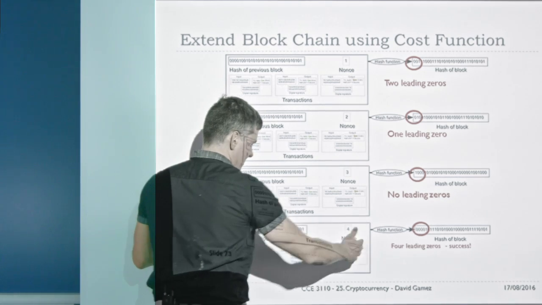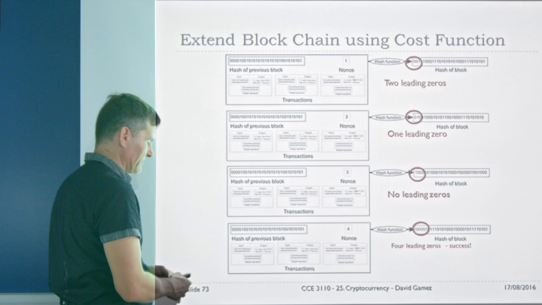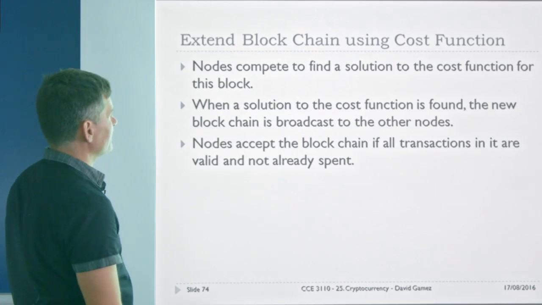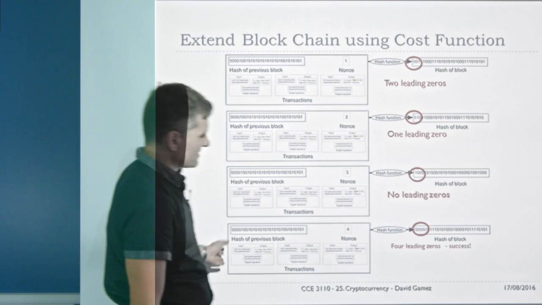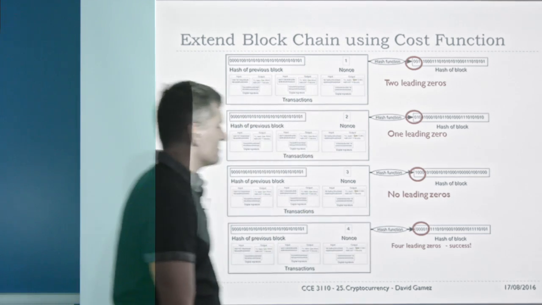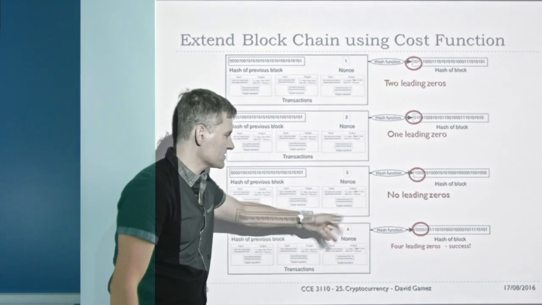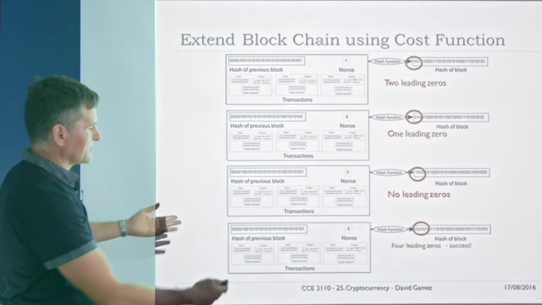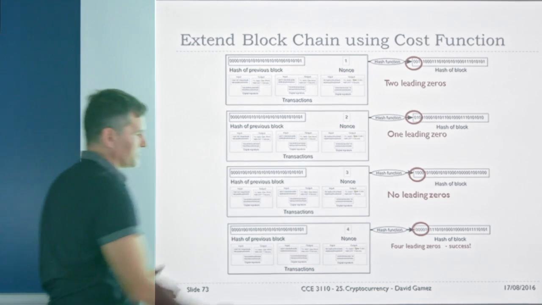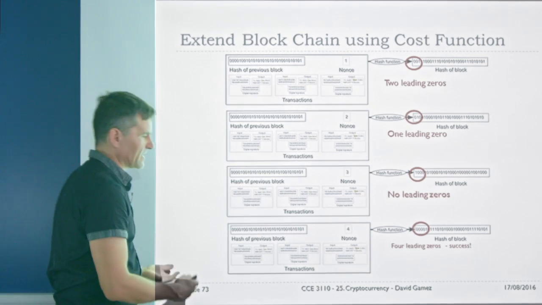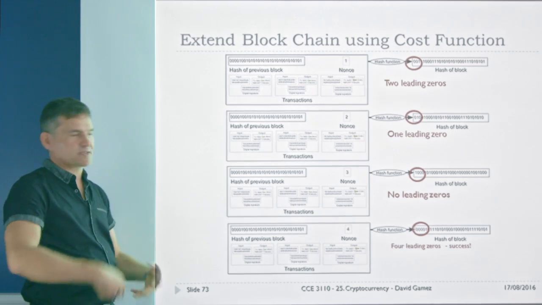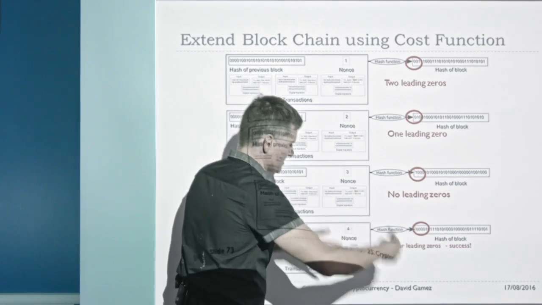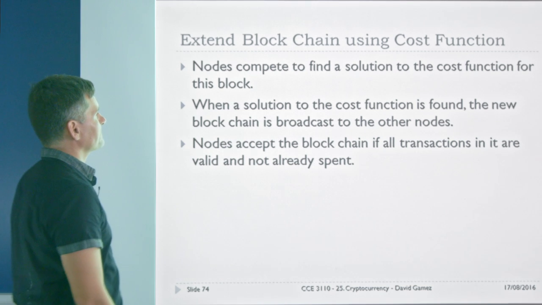So we now found a block that's completely valid, meets all the criteria, and we can then broadcast that to the other nodes. So what we've done here is we've extended the chain by finding an appropriate value of the nonce, and then we can broadcast this as our new block to the rest of the nodes, and if they all accept it, they all think it's valid, then they'll add that to the chain. That'll become the new longest chain, and then everyone will start working on the next block and the next block and the next block and so on.